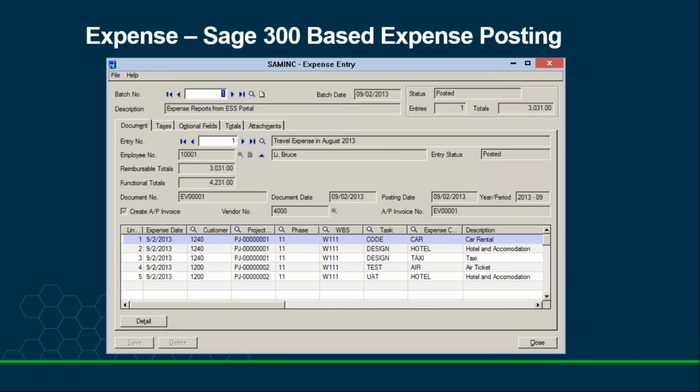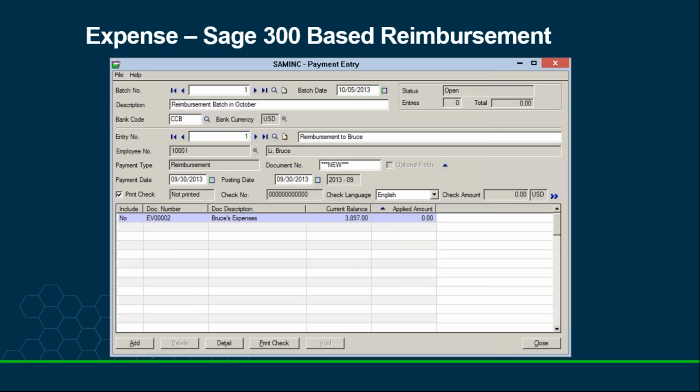And then that will feed or create an expense entry batch within Sage 300 so that you can record the transactions for accounting purposes, but then also have backup for the reimbursements that you're doing. The reimbursements, as I mentioned, can be through AP or payroll, and we've also added a separate payment entry function